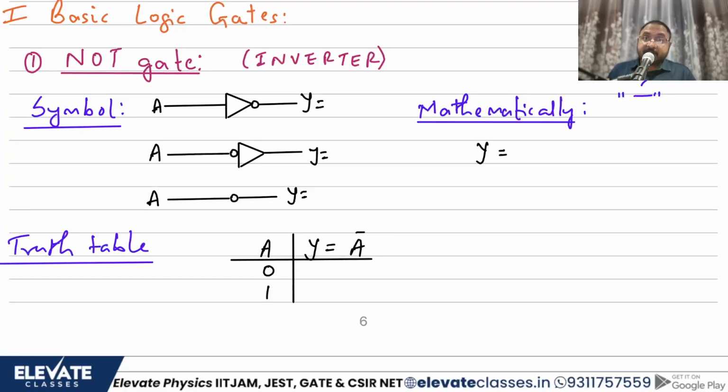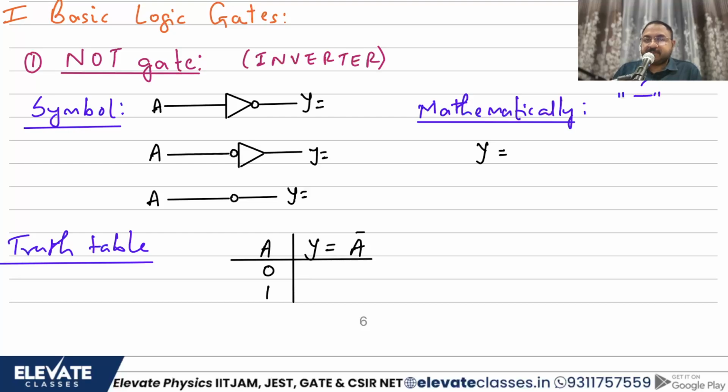We'll continue with our theme of logic gates, and today we are going to do basic logic gates. As I told you in the previous video, there are three classifications of logic gates. The first one is called the basic logic gates, and this has three logic gates in it, that is NOT, AND and OR. Let's look at them in order.